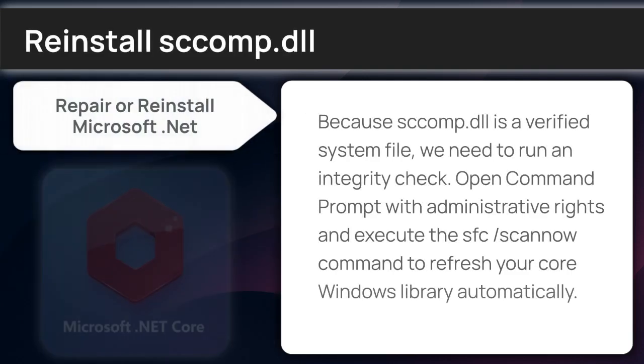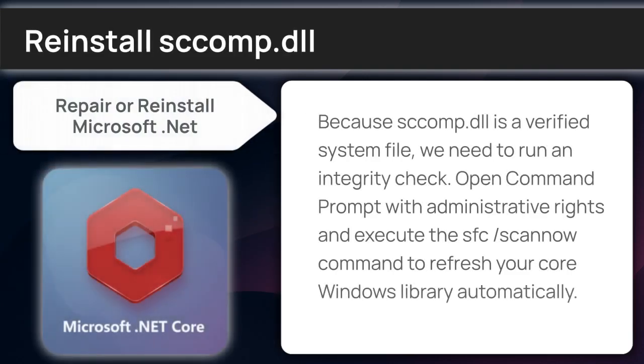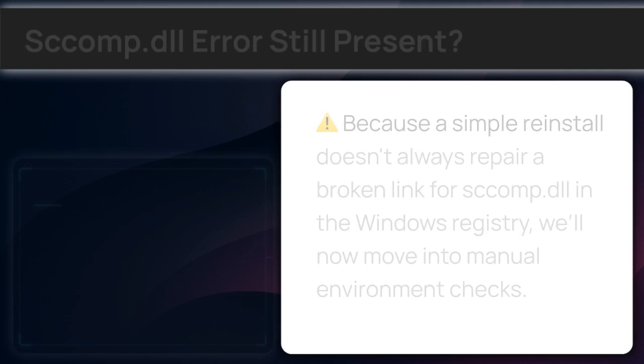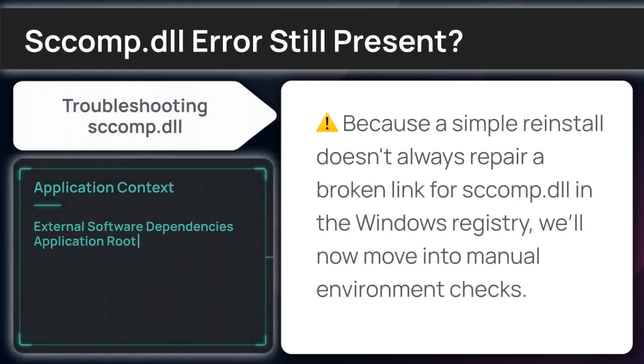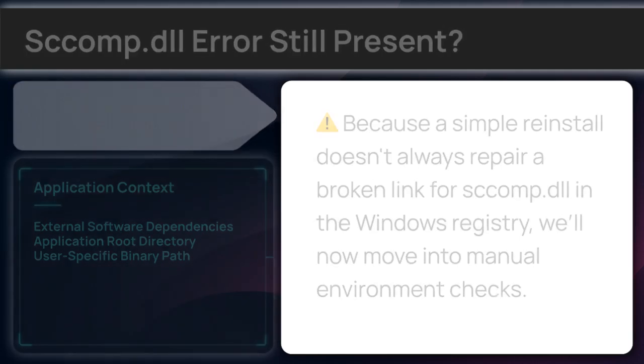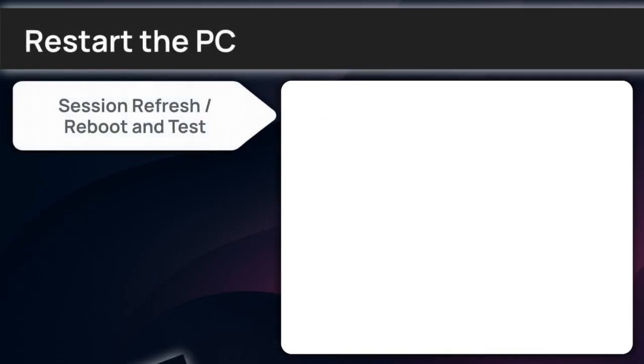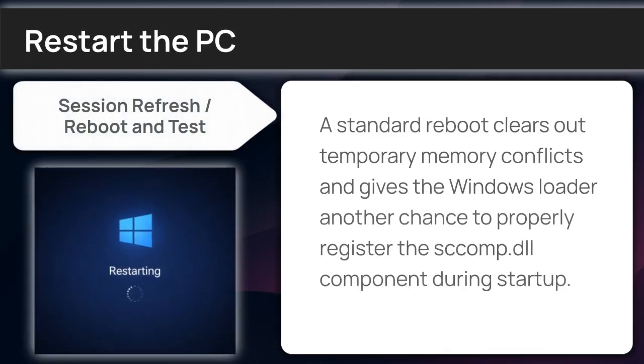issue. The util.dll library DLL is required for the localized application utility manifest to properly initialize, and a full reinstallation of the application encountering the error will fix the issue by restoring all unique third-party dependencies. If you're still seeing the missing file notification, we should attempt to force a synchronization between the software and the OS. A standard restart allows the Windows bootloader to rescan your system directories and potentially recognize an unregistered SC compiler